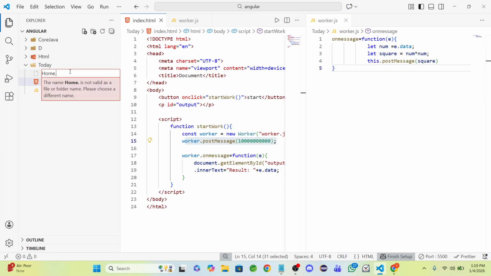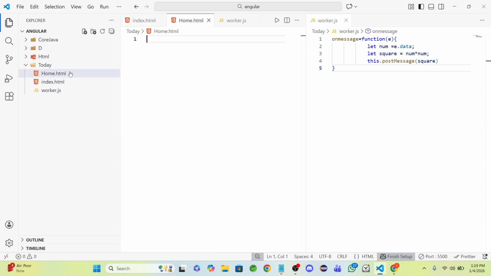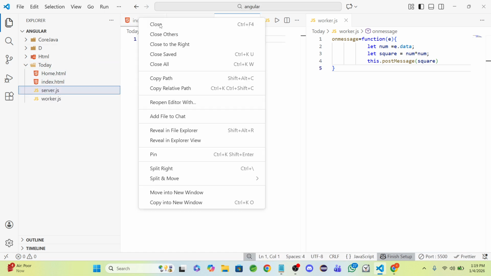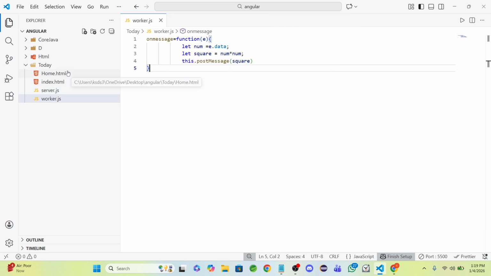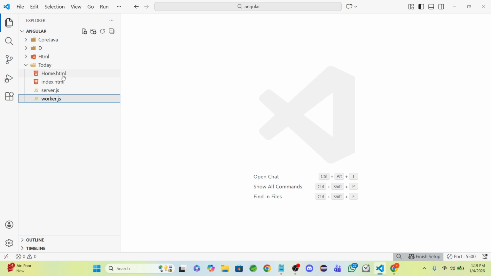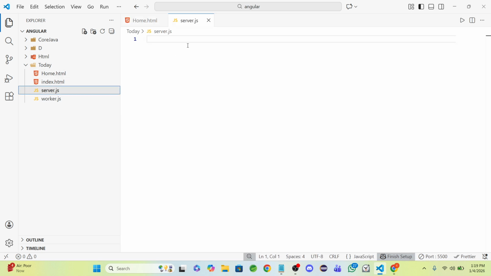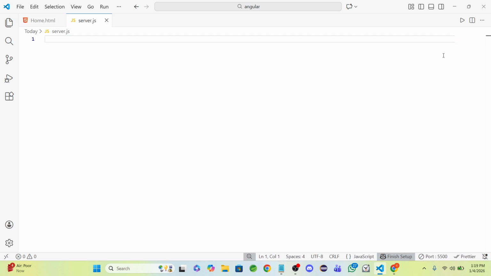Okay, let's create home.html, and you will also have server.js. For the WebSocket, close all. Okay, home.html and server.js, two files are enough. First we need to build the server. Before that,